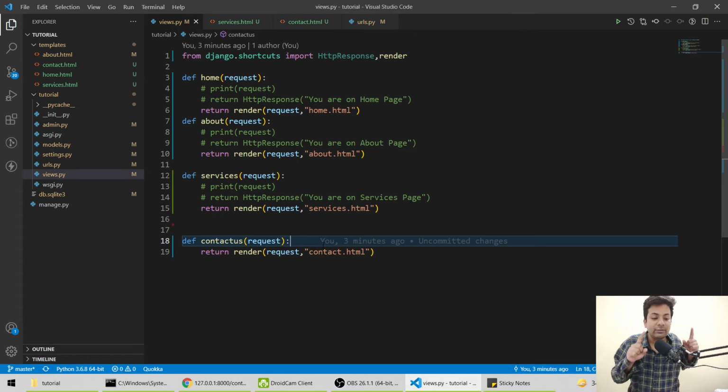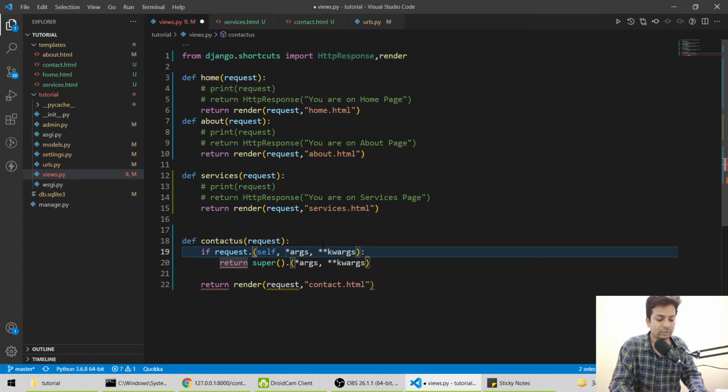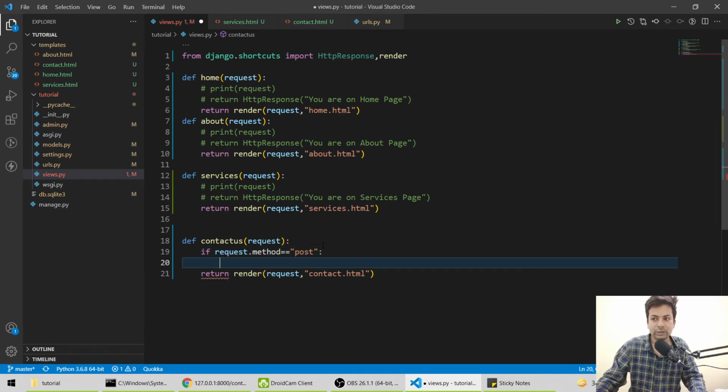Now is the time we'll check the request type. So we'll check if request dot method is equal to post. If it is a post request, then we'll say request dot post, and we'll just print it, nothing much.